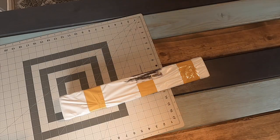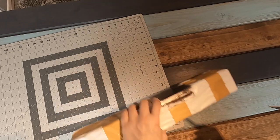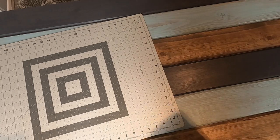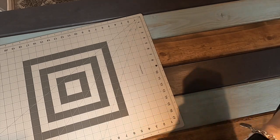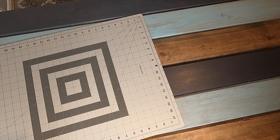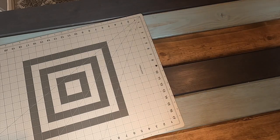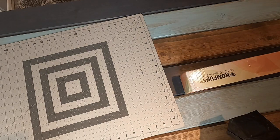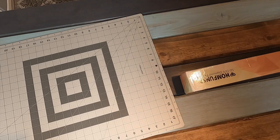Okay, so I am pretty sure I know what's in this box. Almost positive. It is. Okay, so this is something that I ordered from the Homfun store on AliExpress. I ordered this on September 6th. I had ordered a couple things on AliExpress on the same day, different stores, but same day. This was delivered to me today, so you guys won't see it the same day that I'm obviously filming, but